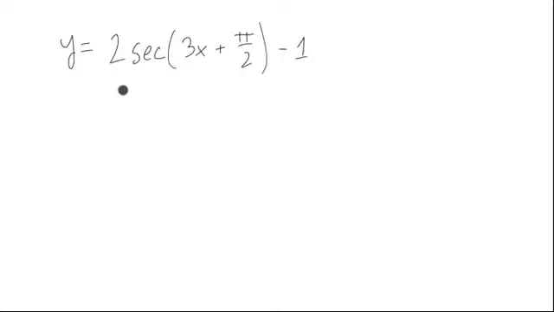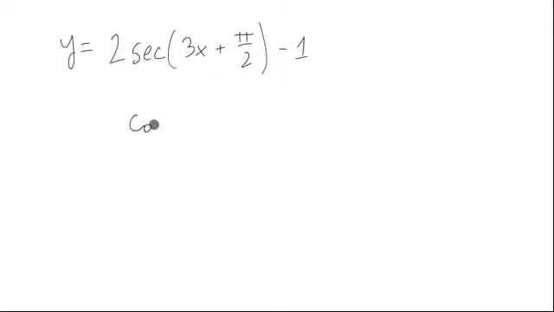Let's take a look at another example of a graph transformation of a trig function. This time, let's do secant. Suppose we have y is equal to 2 times the secant of 3x plus pi halves, minus 1. Okay, so really what we can do, the same transformations that we're doing to this would be done